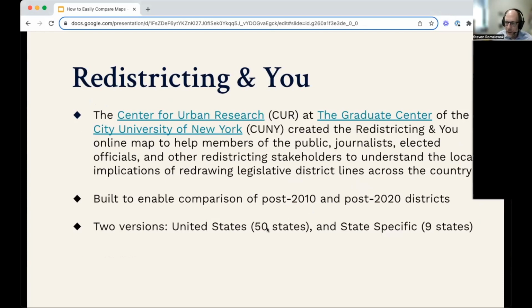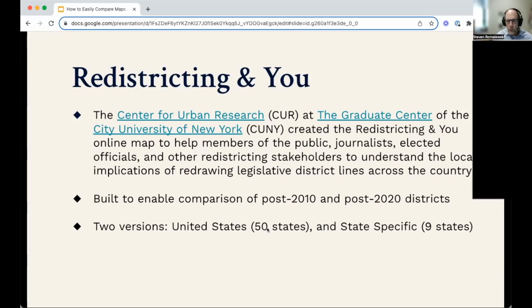And after that, we thought it would be helpful to provide some interactive mapping tools around redistricting. There are a lot of amazing tools out there like Dave's Redistricting app that make it easy to analyze districts and provide helpful tools for experts in the field or people that are very involved in the redistricting